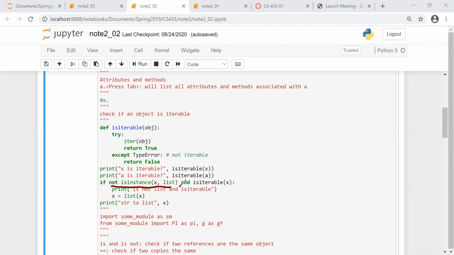Because you have two conditions, you want to combine them together with AND. That's how you do it in Python. Here it also shows